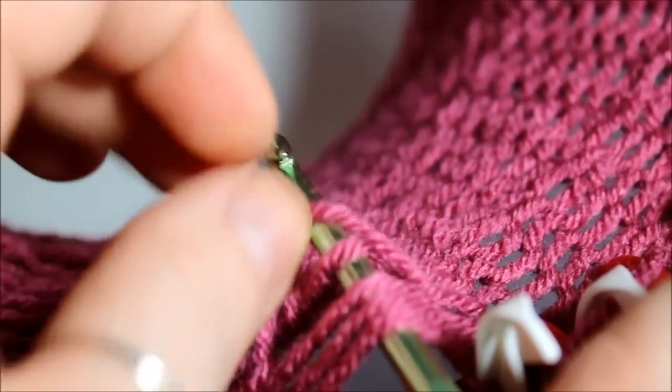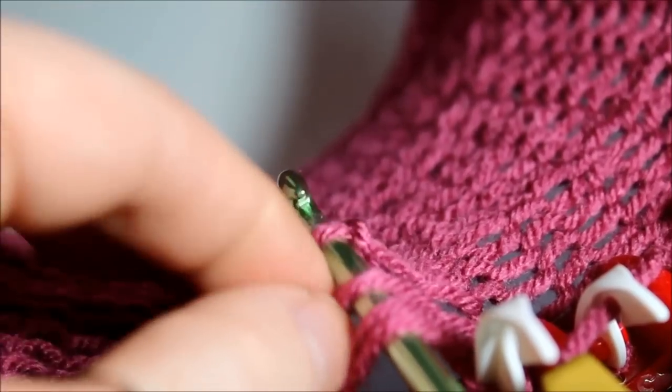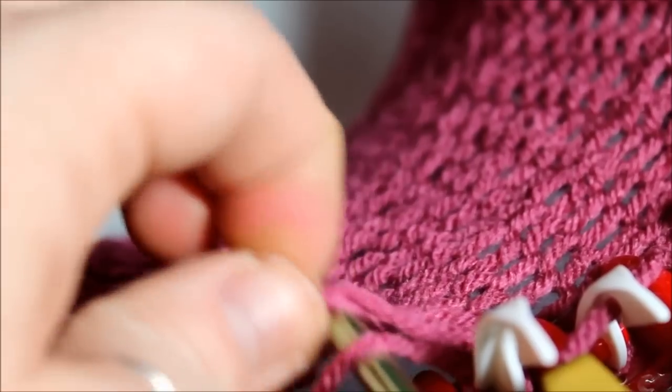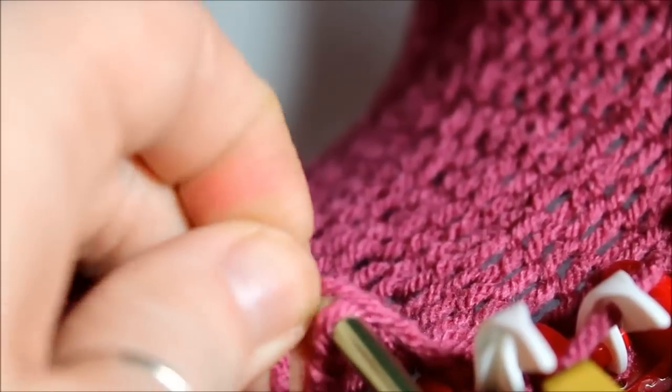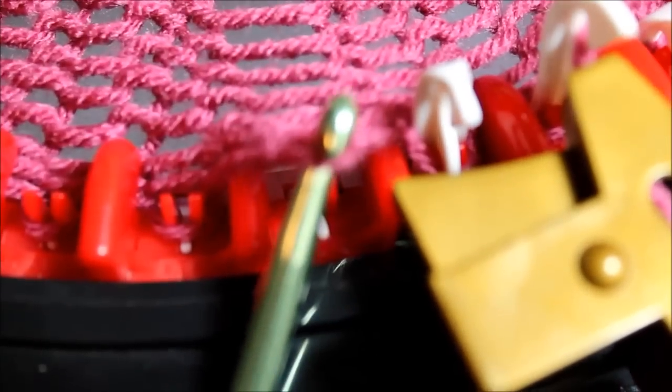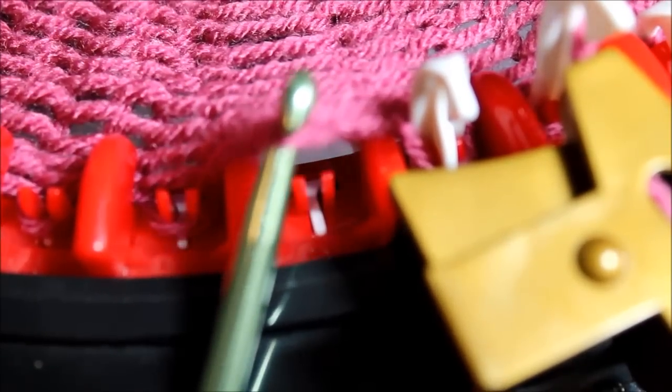And once you get the hang of this, it'll actually go very fast. And you'll be like fixing your mistakes like crazy. And no more stress. No more worries about if you made a mistake. Alright. Now we got it all the way up. You can see how we fixed it. It's all tight. So now we just bring up our needle